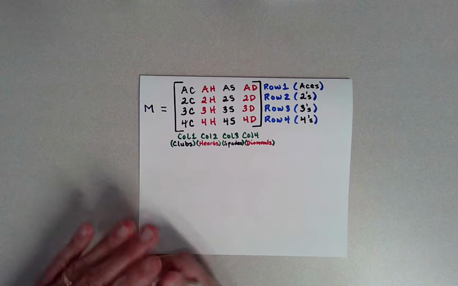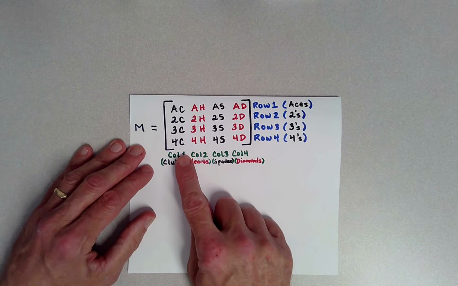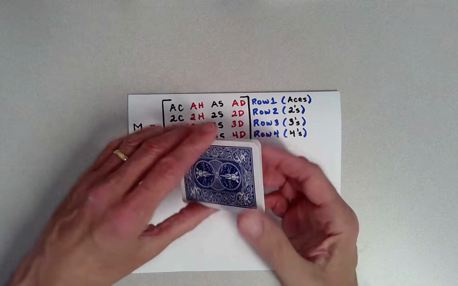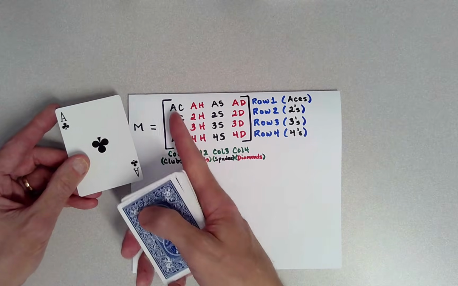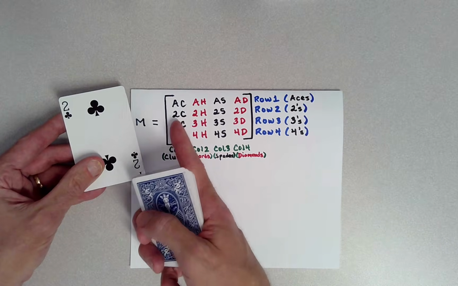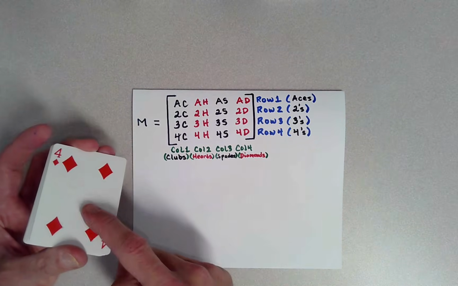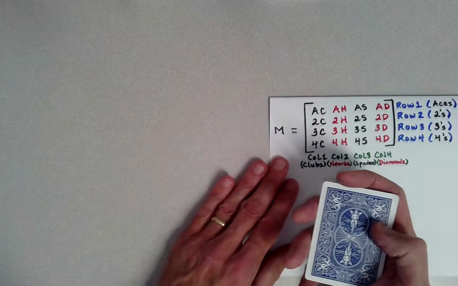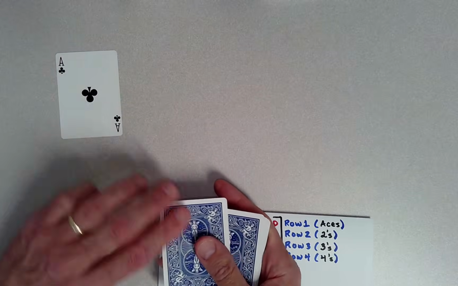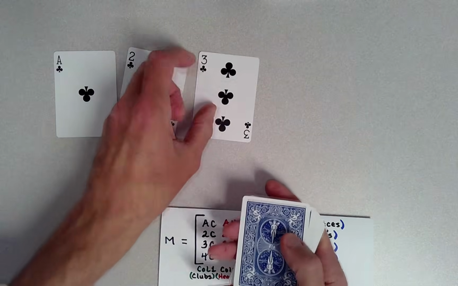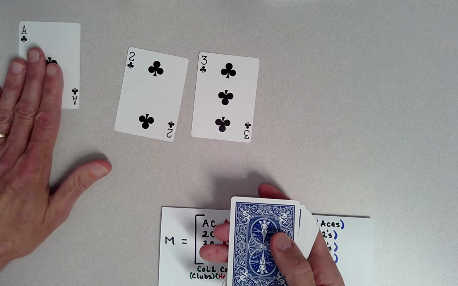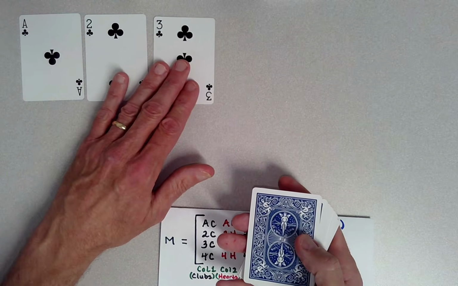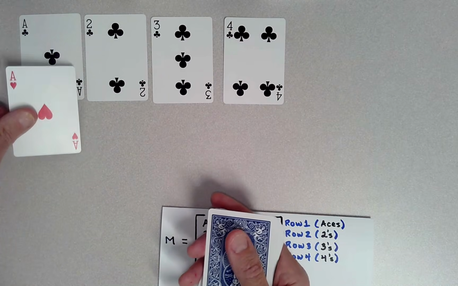This is a little pictorial representation of what we just had on the table. What does it mean to now take these cards? Remember, the ace of clubs is on top, two of clubs, and so forth, all the way down to the diamonds over here. What happens when we deal out the cards left to right, which is the key step? In some sense, this is where the true magic happens.